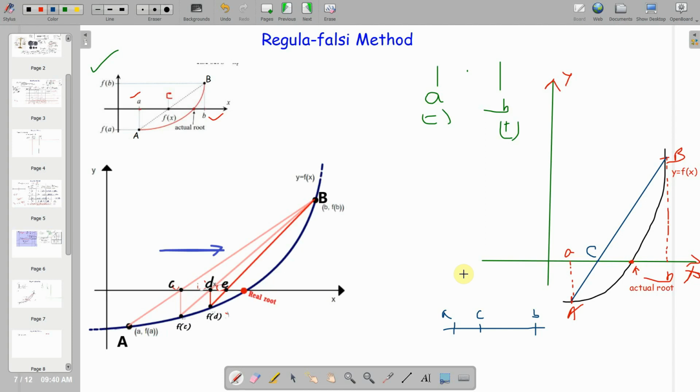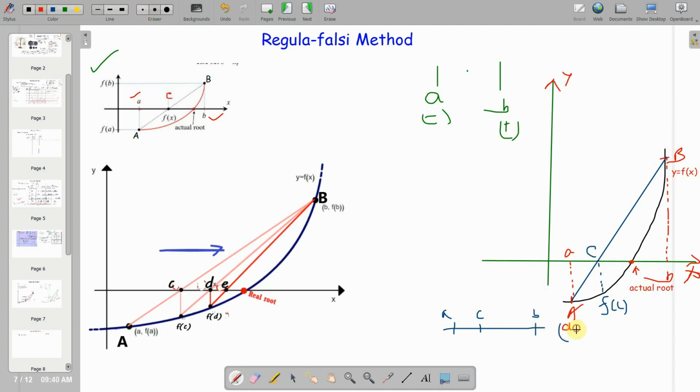Okay, is this clear to everyone? So we are having the C point here. From C I will project the C point here at this condition. So I will be calculating the FC at point C, the function we used to calculate. So this A point can be written as